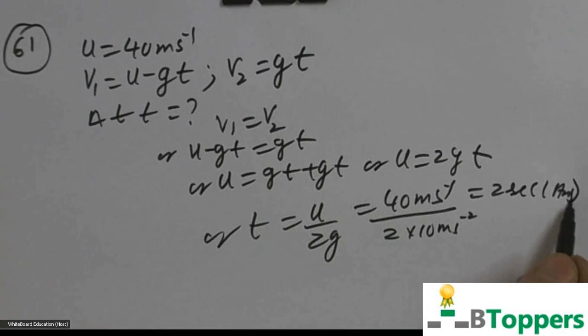You can observe that they don't collide before 2 seconds. You can also find the time after which they collide with each other. That comes out to more than 2 seconds. That means their velocities become equal in magnitude after 2 seconds. If you want to copy the solution, you can take a pause and copy the solution of the problem.